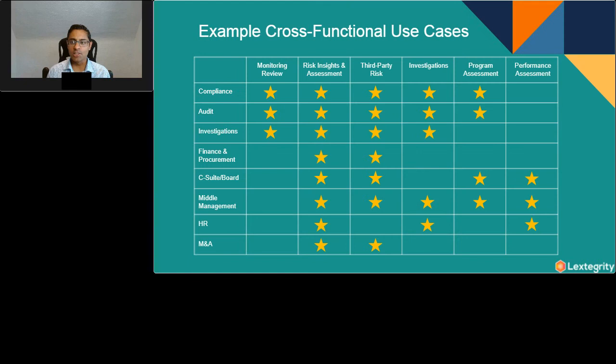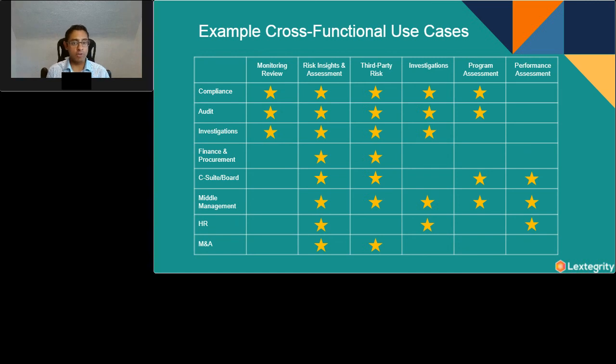And then finally, maybe just to close it out, I know I wanted to turn it back to Scott for some Q&A. I just want to touch on what we've seen from case studies with our customers of how cross-functional a data analytics continuous monitoring platform can become for your company or for many companies. Across these functions on the left, from compliance to audit to procurement, investigations, HR, and M&A, we've seen customers use